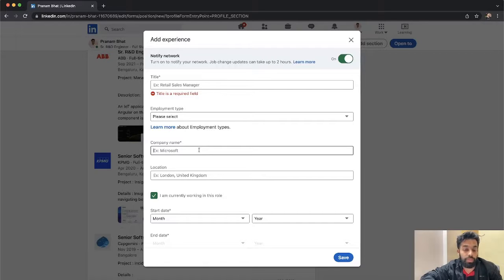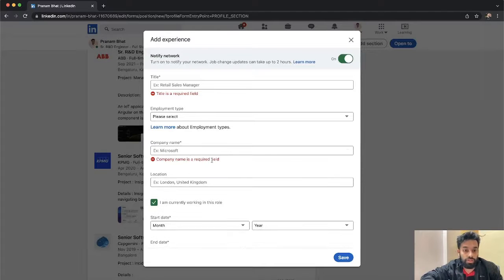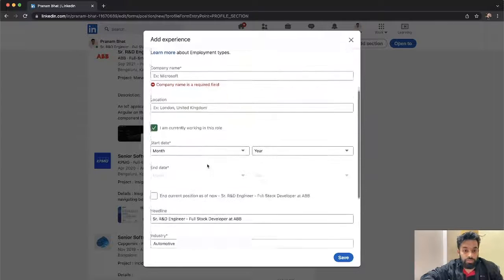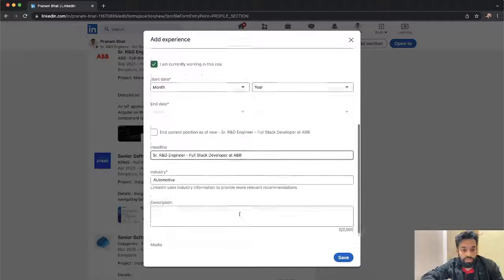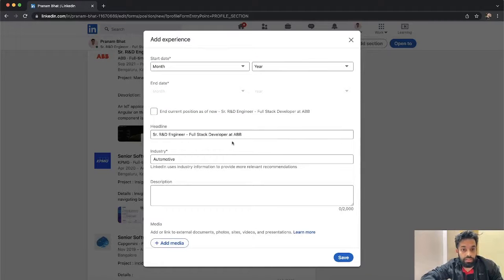If you type your company name, it will give a suggestion; use the suggestion accordingly, and also mention the location. Once you mention the location, you can see the start date and end date also; provide those, and also mention the headline, what you would like to showcase, for example in your